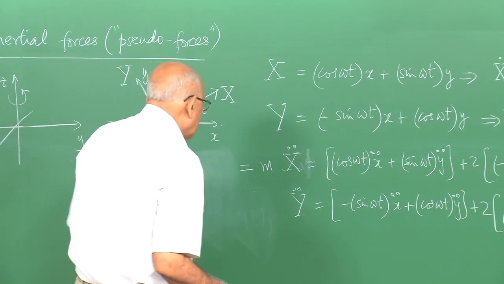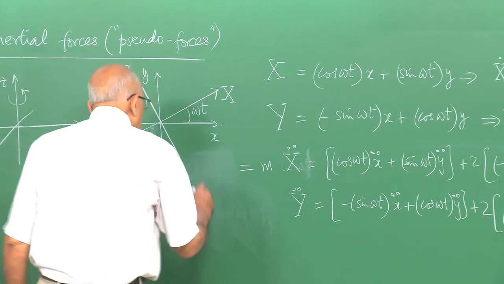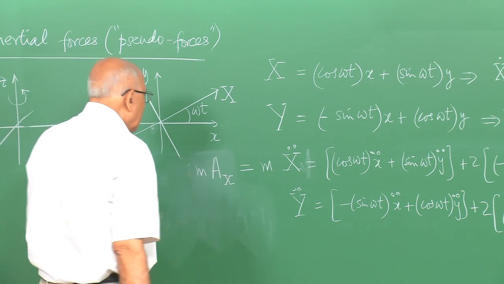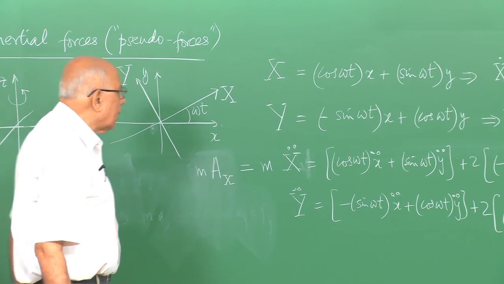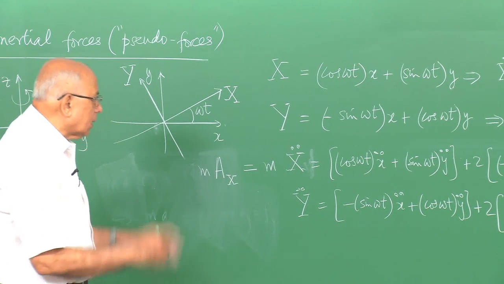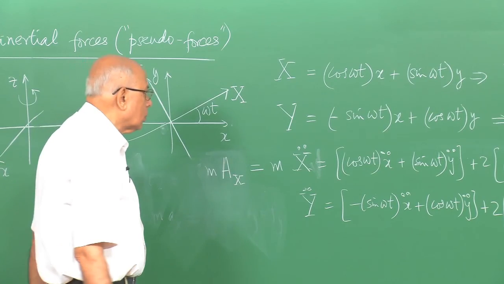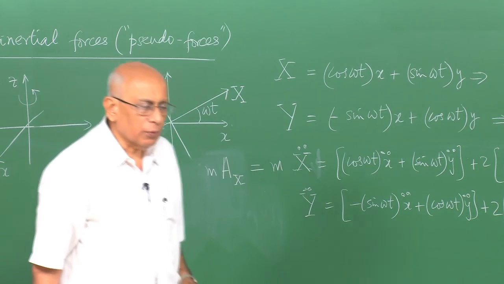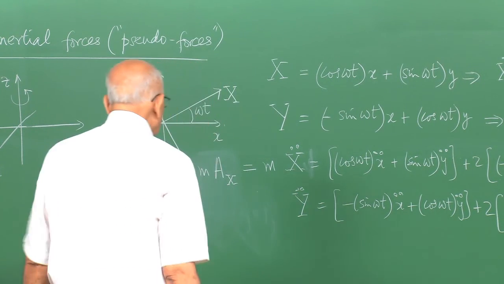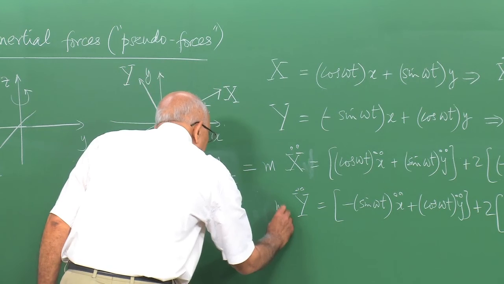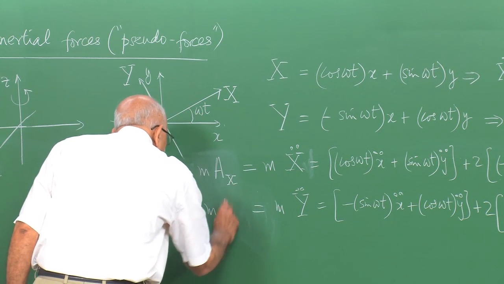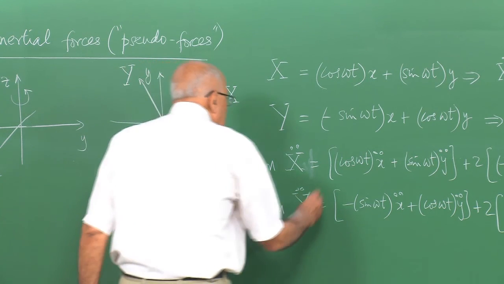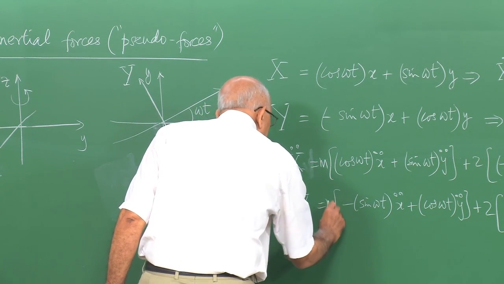This quantity here is the mass times the acceleration as it stands, so let me call this m times A subscript x. By definition, A subscript x is x double dot, just as little a subscript x is little x double dot. I have used capital letters for the rotating frame, small letters for the original frame, the inertial frame of reference. And similarly I multiply by m here, this is m times A y, and now I need to multiply this whole thing by m, so there is an m here, there is an m here,